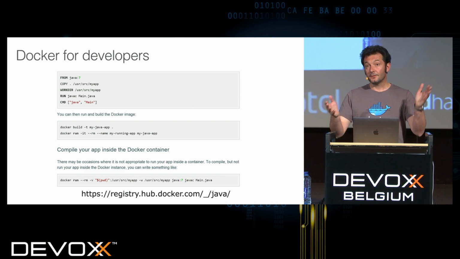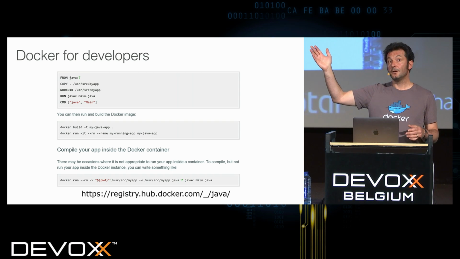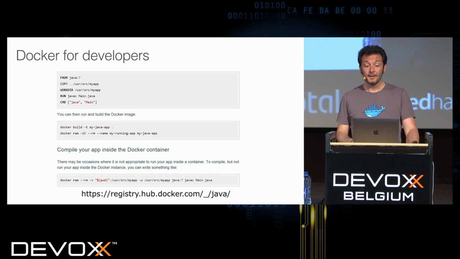When I do that, Docker builds the image. Eventually, I can push it to Docker Hub or to a private registry. And then after that, I can run my container. Here, -it to get a terminal, --rm to destroy the container when it's done. I can give it a name and then the name of the image.